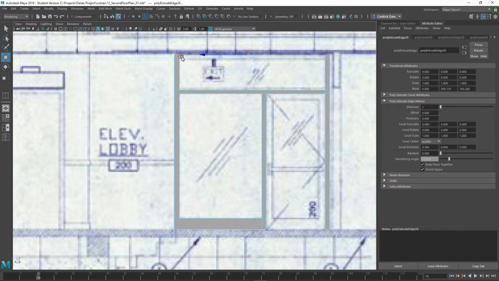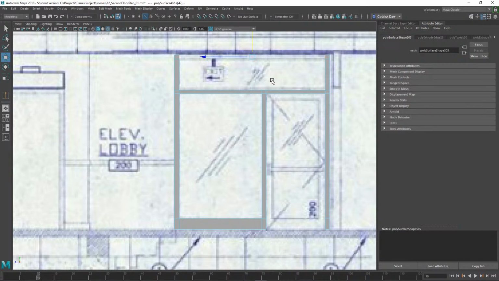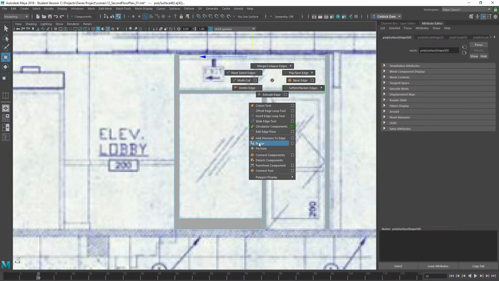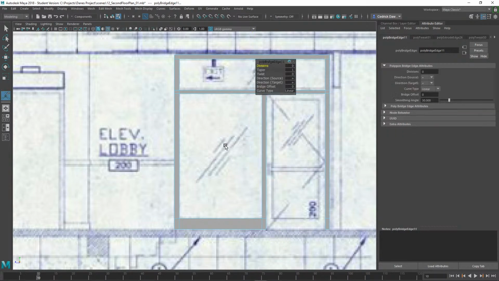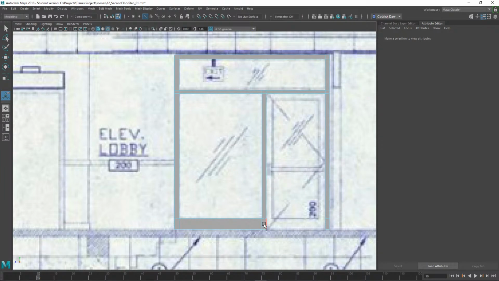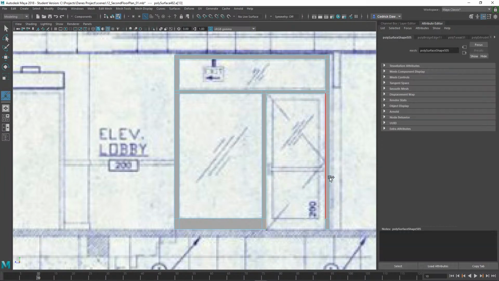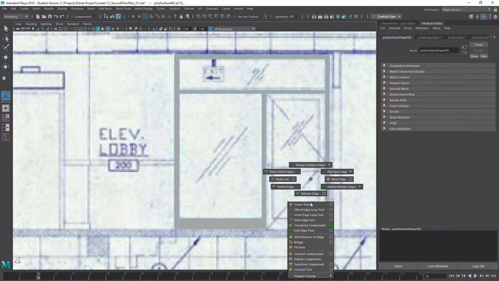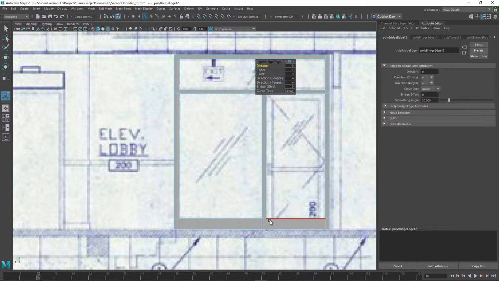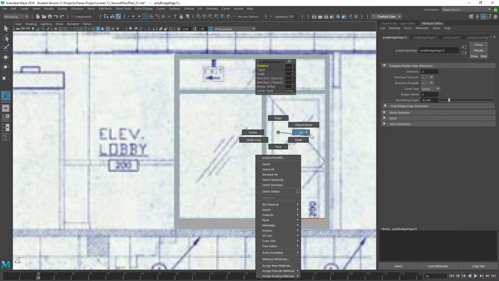I take that edge, this edge, hold shift, right mouse click and hold, and bridge. And then what I will do is, actually I'll just bridge these two for now. Hold shift, right mouse click and hold, bridge. And then let's take